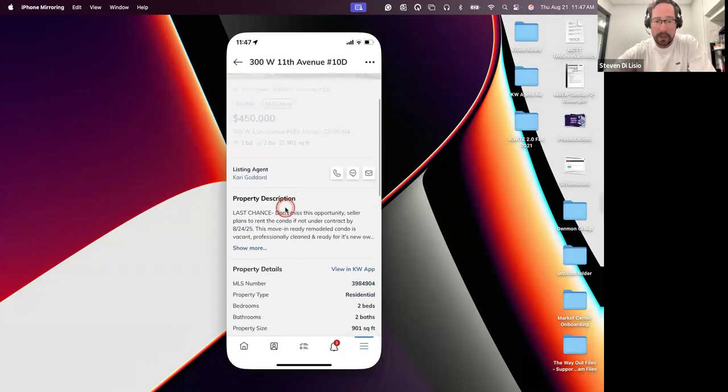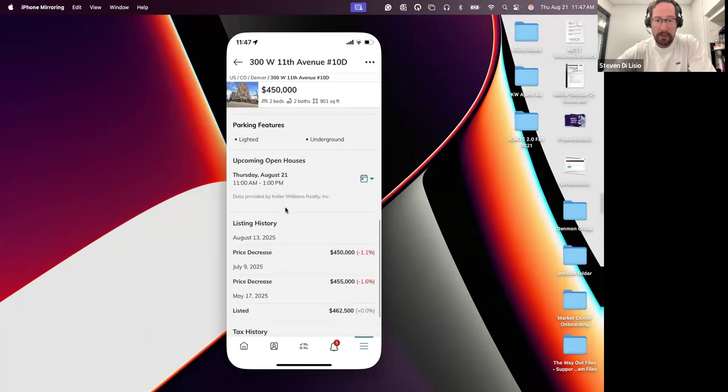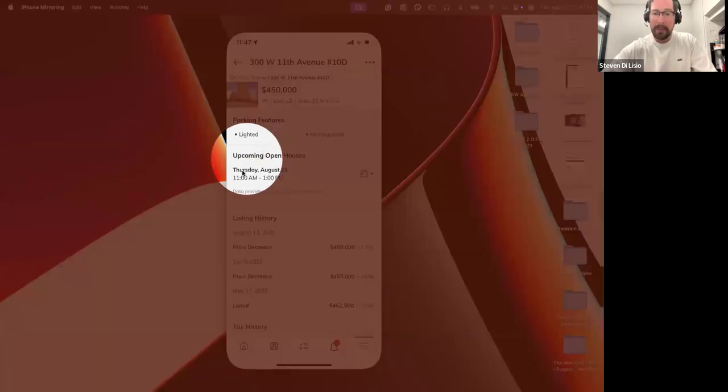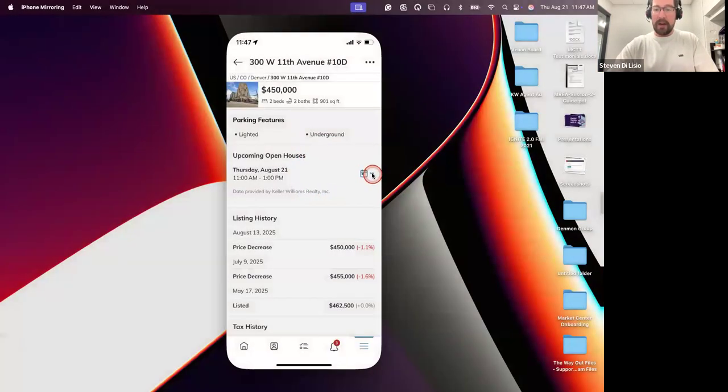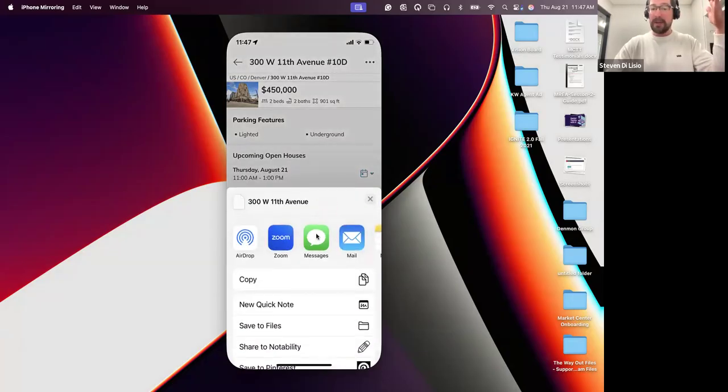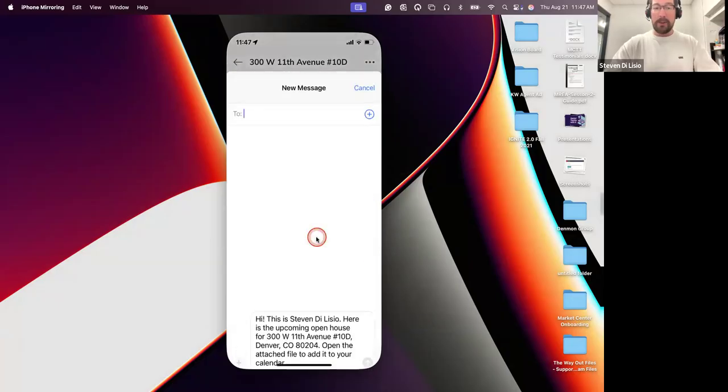And the last thing I wanted to show you, oh, is it not pulling in? Ah, here it is. Upcoming open houses. So if they've put an open house in, looks like there's one happening right now at this house, I can come over here and click this little calendar button and hit add to my calendar. Or I can hit share calendar event if I wanted to share an open house with somebody. And then again, just pulls up my native share menu where I can text message this little property